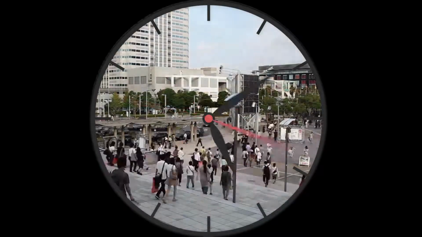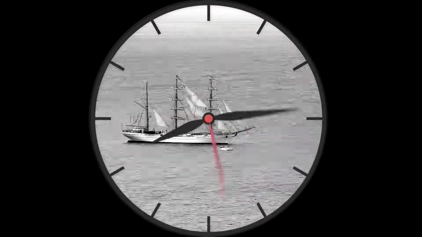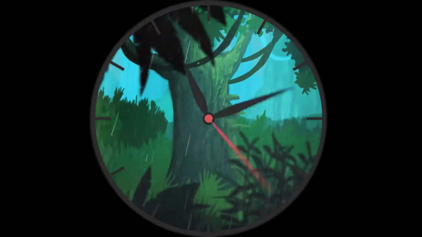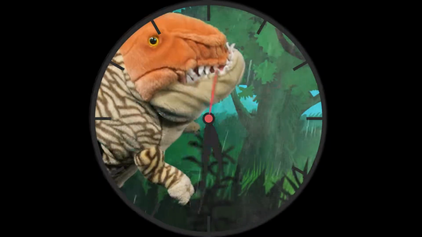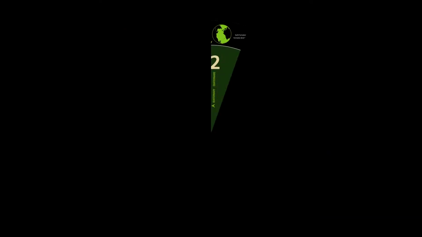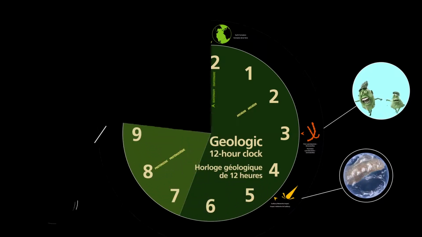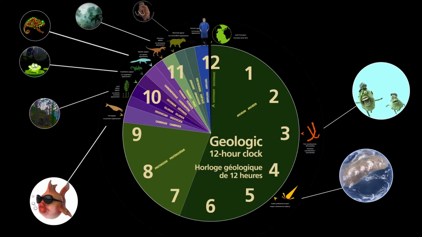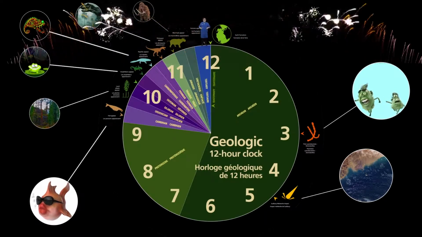Did you realize that the Earth is 4.5 billion years old? That's quite old. Geologists, paleontologists, and Earth scientists use geological time to describe events that have happened in Earth's history. To give us an idea of how long Earth's history is, these scientists often like to use a 12-hour clock to show the relative length of each era in hours, minutes, and seconds. You will see how humans have only been on Earth a short time. We only appear on the timeline in the last 2 seconds before midnight.